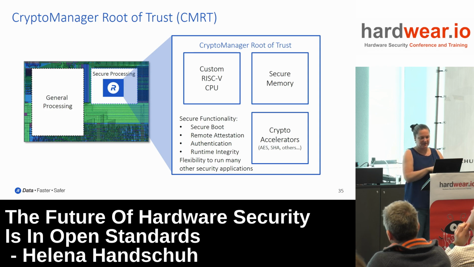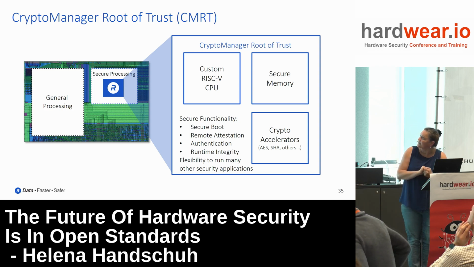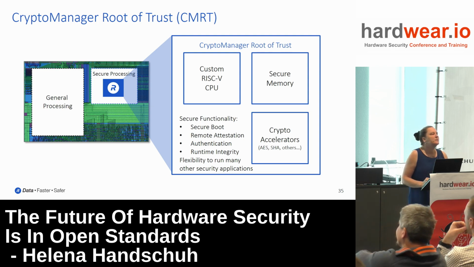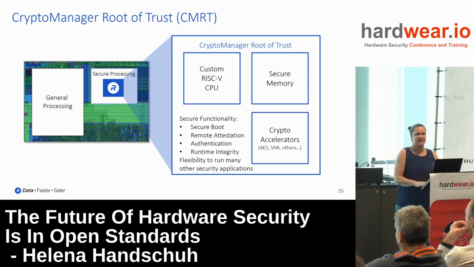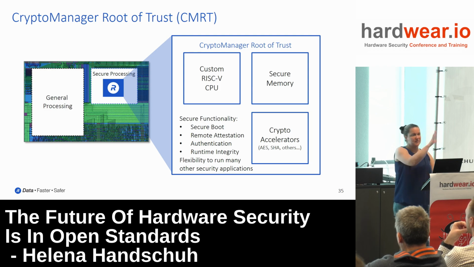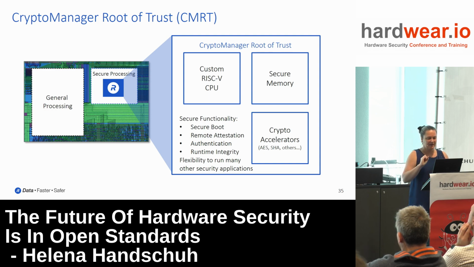Okay, so let me tell you a little bit about the trial implementation here, or the work that we've been performing at the company to build something like that. A small, secure processor that will hopefully allow us to run sensitive operations, including crypto operations, including keeping your keys safe, and all of that on a slightly separate processor. So you have your general processing going on one side, and you have secure processing kept to a smaller security boundary.